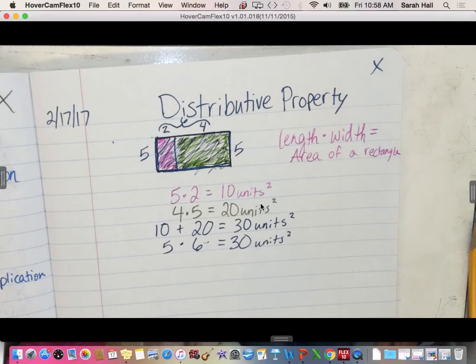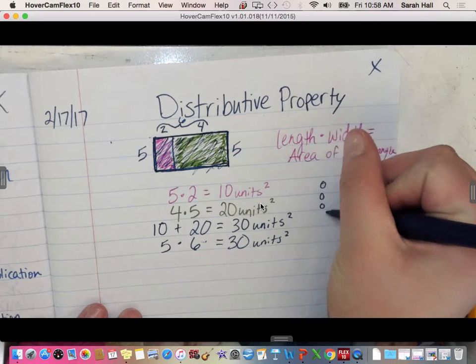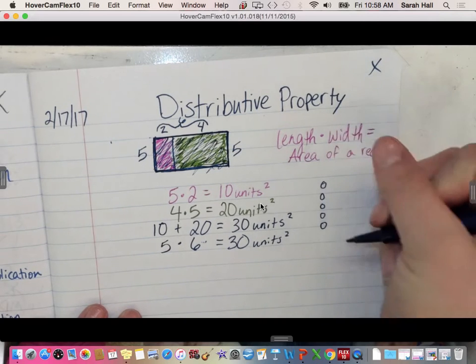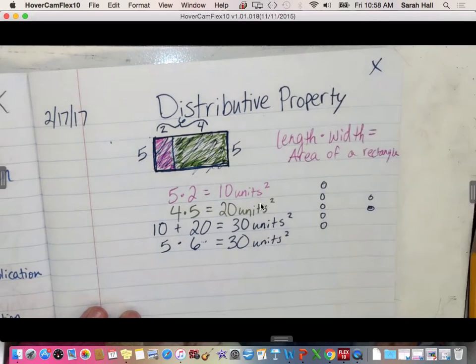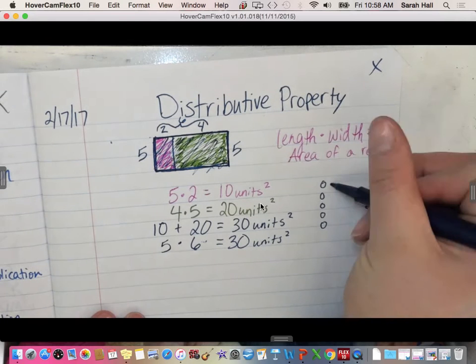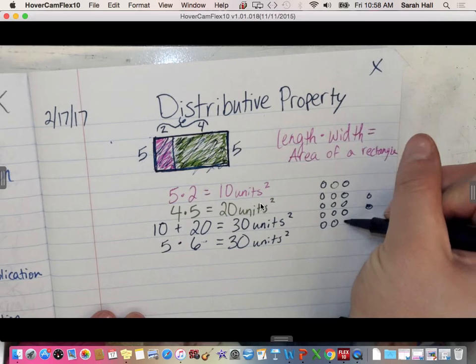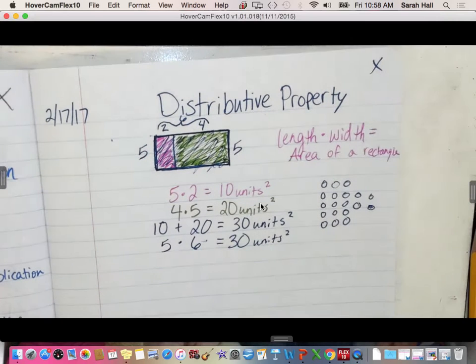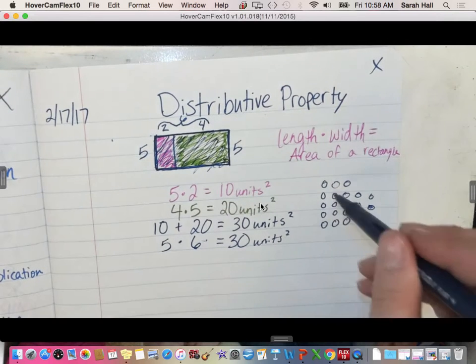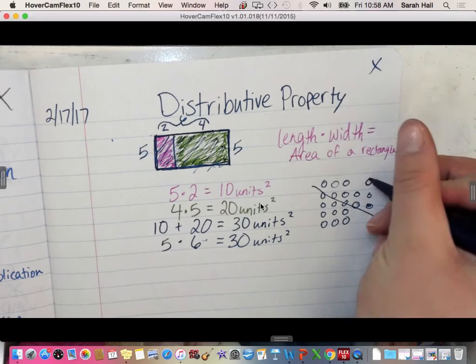So think of an array. I can't have an array where it has 5 over here and only 2 over here, right? That's not going to be an array. When I fill it in, it's not going to match. I'm not going to have even rows. See? So I have to have 5